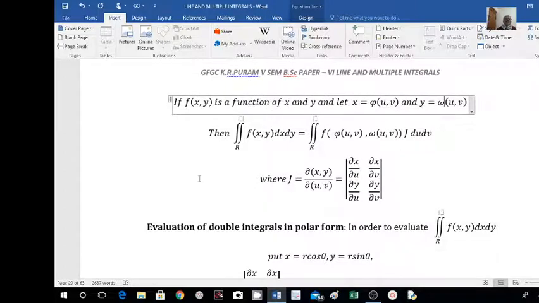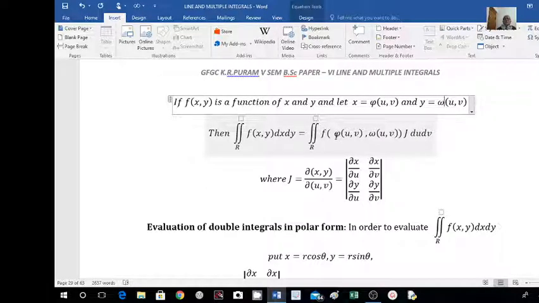So here, f of x comma y is a function of x and y, and x can be written in terms of u and v, and y can be written in terms of u and v. That is, x is equal to some phi of u comma v and y equal to omega of u comma v. Then the double integration of f of x comma y dx dy over the region R can be written as